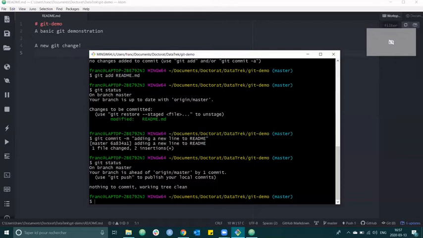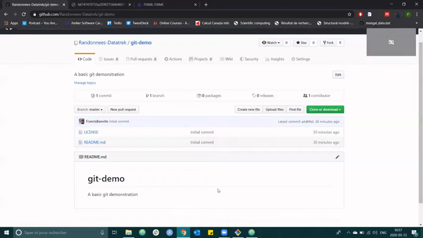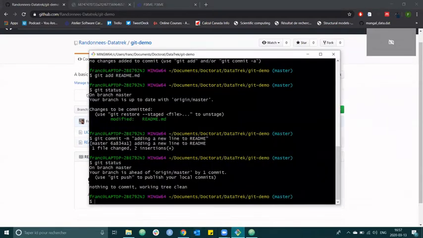And it says that I have one more, I could do others, but it also tracks the fact that I'm ahead of the remote branch, the one where we were before. So right now, what we wanted to do is to have the commit on GitHub so that we could see it here in the same place, because if I just refresh this thing here, well, we cannot see the line that I've added. So going back to the terminal, the thing we're going to run in this case is first,